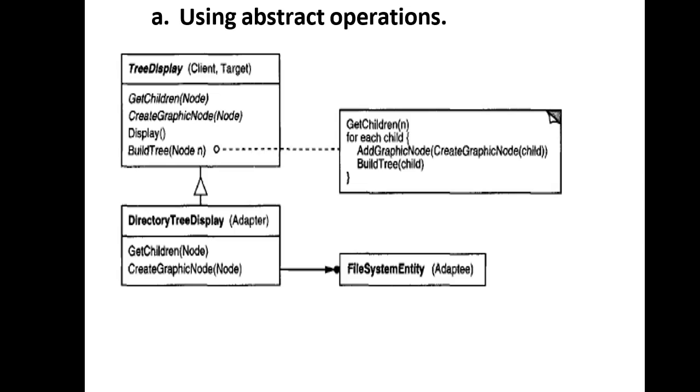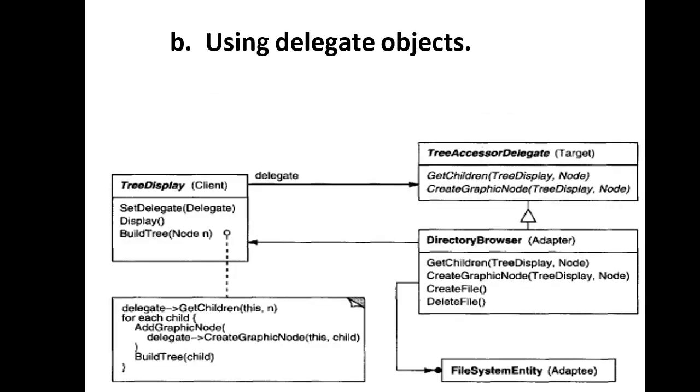with the parameters client and target. Different methods they have mentioned over here. Then directory tree display is nothing but the adapter. File system entity is nothing but the adaptee. So one example they had given. Using delegate objects, they had given one example where the tree display class delegates the operation to tree accessor